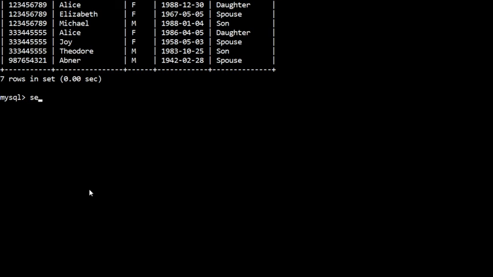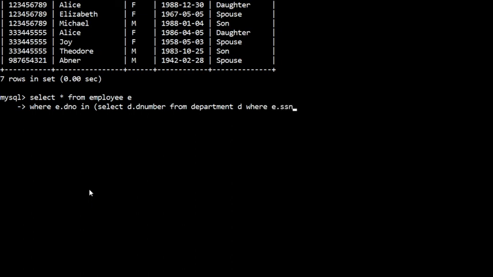So I'll put select star from employee and the condition is department number in select d dot department number from your department table and the condition e dot ssn equal to d dot manager ssn.